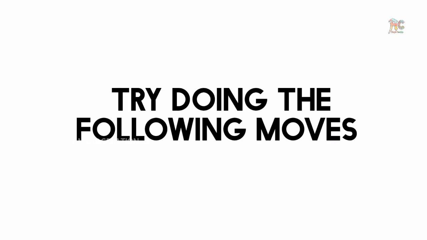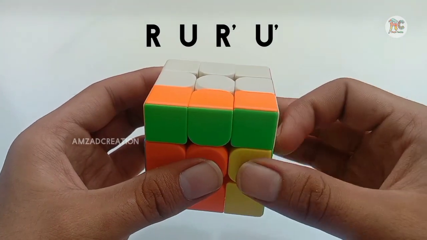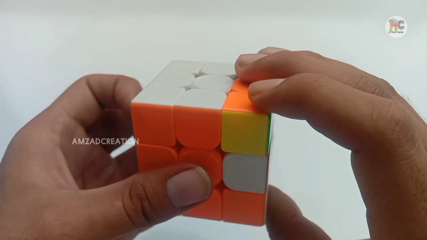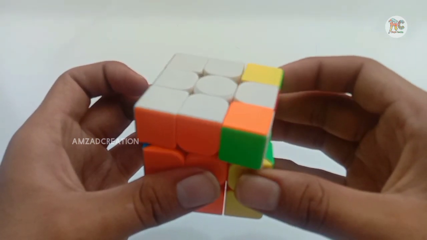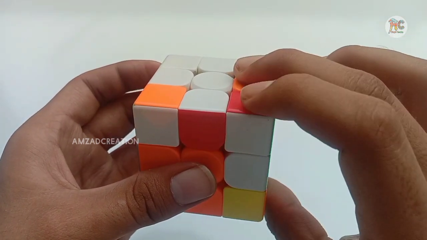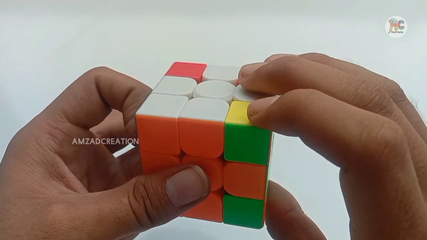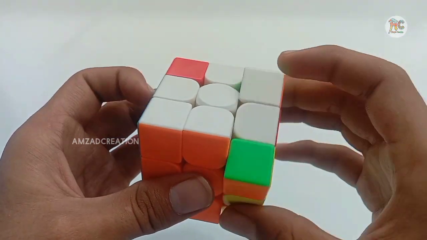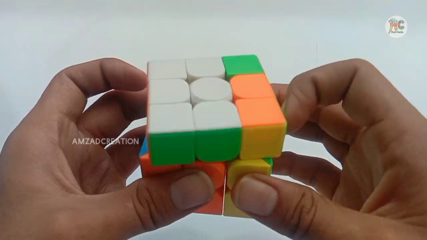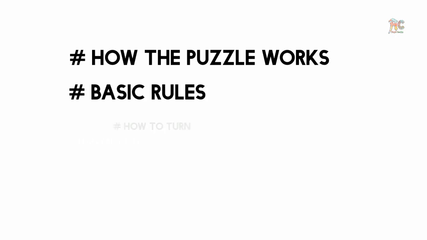Let's try a notation exercise. Try doing the following moves. R, U, R prime, U prime. Right face once clockwise, upper face once clockwise, right face once counterclockwise, upper face once counterclockwise. Repeat this string of moves 5 more times, 6 times in total. It turns the cube into its original state. At this point we may know how the puzzle works, the basic rules of it, and how